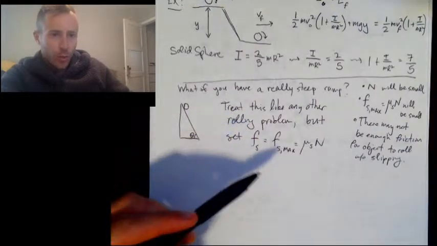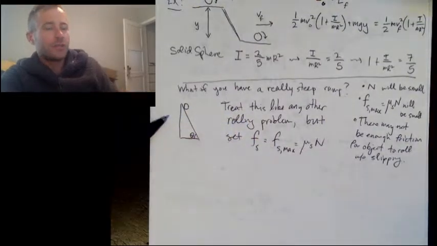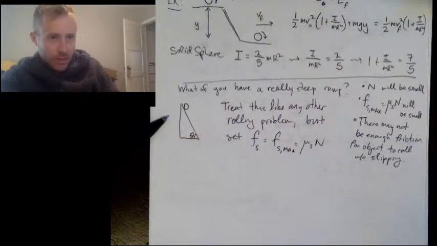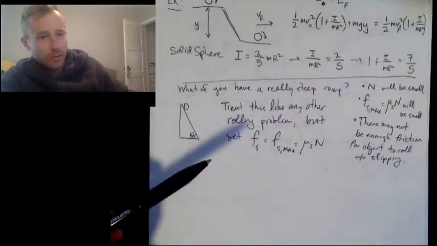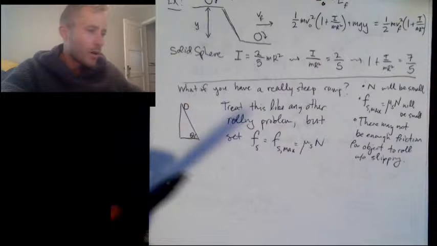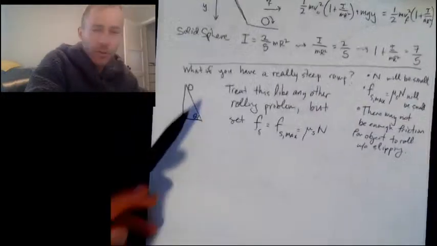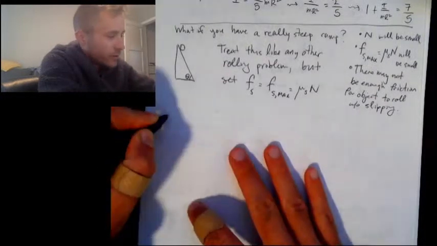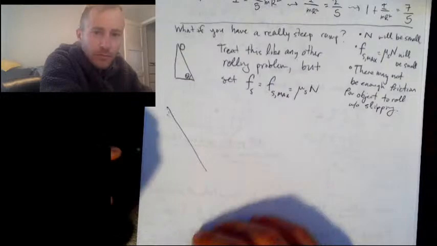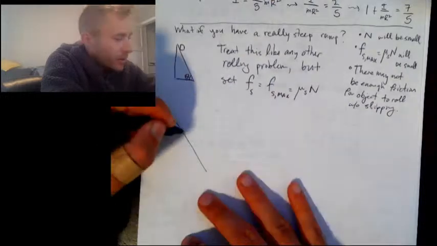So when in the last lesson I said, okay, static friction, just leave it as a variable, F sub s. And you can solve for F sub s by solving the system of equations. But here we have static friction is maximized. So we actually plug in for the formula for static friction. Okay. So let me review an object rolling down a hill. So if this is your hill, all right, and here's the object rolling,